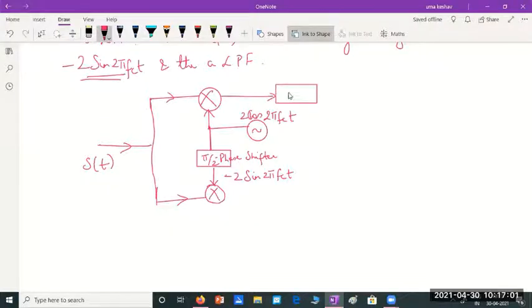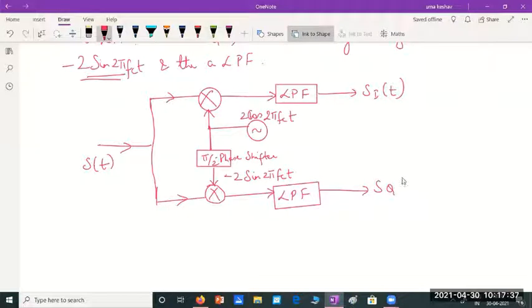through a low pass filter. I'm going to get only the in phase component Si of t. Similarly, after this, if I use the low pass filter, here I will have many product terms. But if you use a low pass filter here, you'll be filtering out only the quadrature phase component SQ of